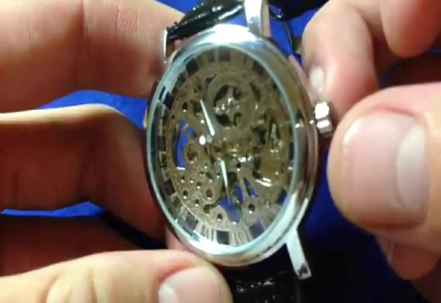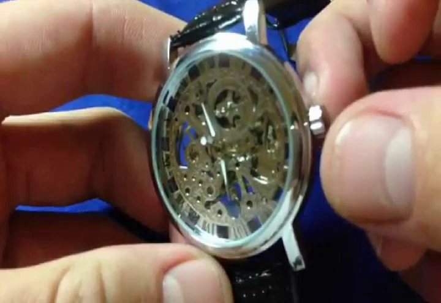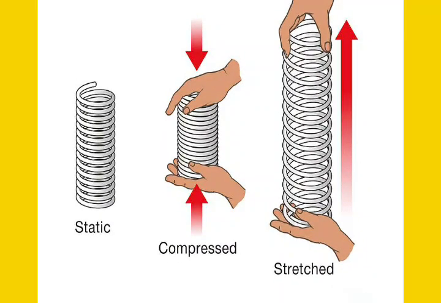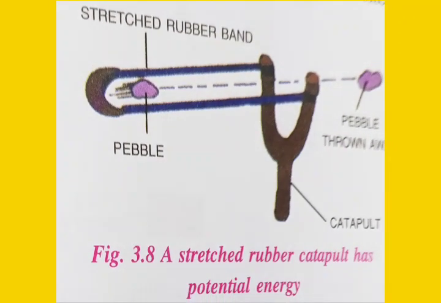Examples of potential energy. A wound up watch spring has potential energy because of the wound up state of its coils. As the spring unwinds itself, it does work to move the arms of the watch. Second, a compressed spring has potential energy stored in it, which is equal to the work done on the spring in bringing it to the compressed state. Next, a stretched rubber band has potential energy. It does work in restoring itself to its original state.